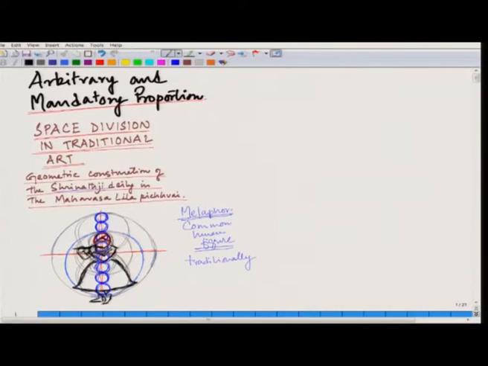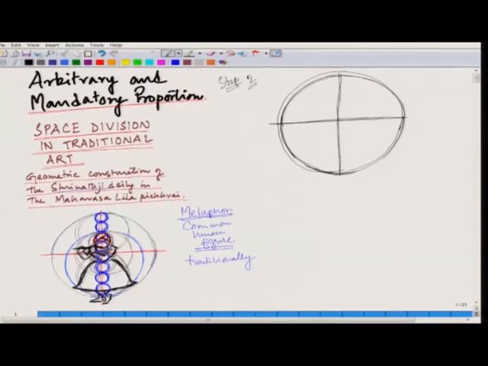To be more mathematical and logical, we place the figure in another order for analysis. So, step 2 of our analysis will show us another simplistic feature to decode the formation, which is we have a larger circle and we may divide the space into 4 halves. So, in this case the head will occupy the upper body. You can put the face to fit this circle, the neck will come down here,